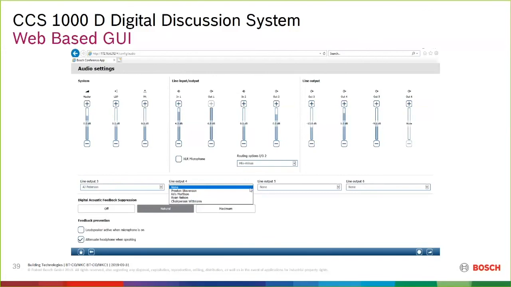Line input and output. You'll see I have 2 in, 2 out. I can do an XLR microphone there on the back. That's for an ambient microphone if I'd like. And kind of across the board on Bosch, input output 2 has modes, routing options, and is dedicated for most popular, a mix minus. If I'm